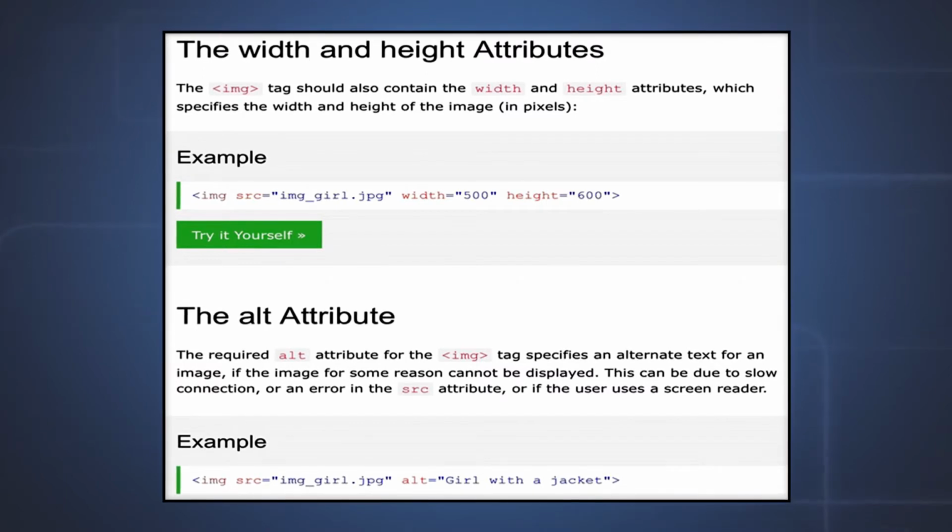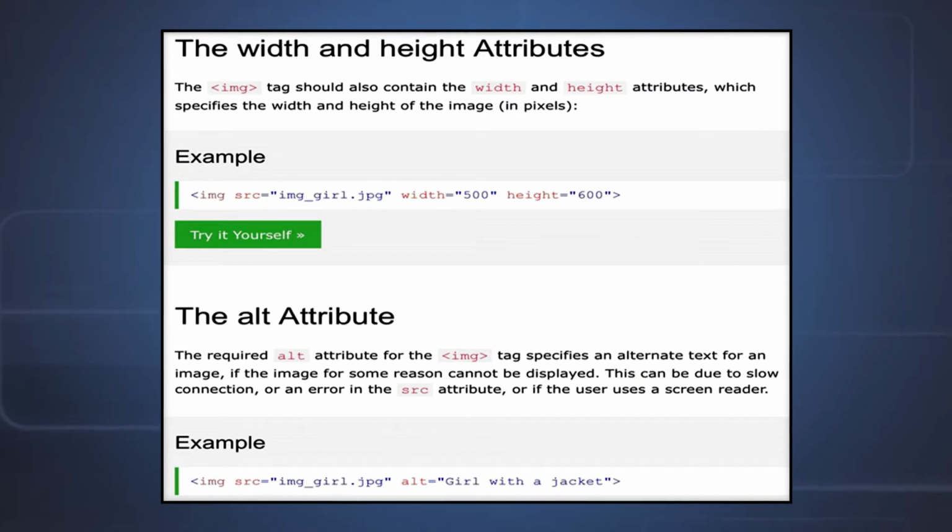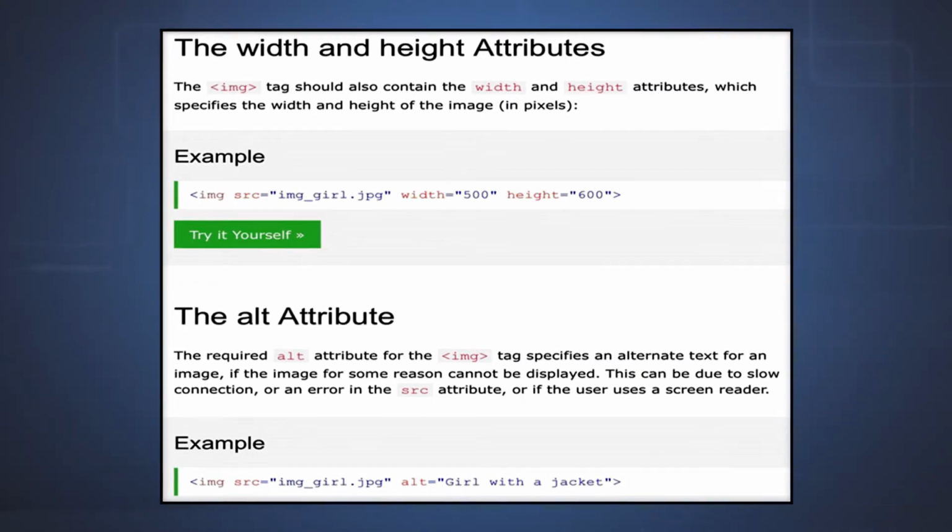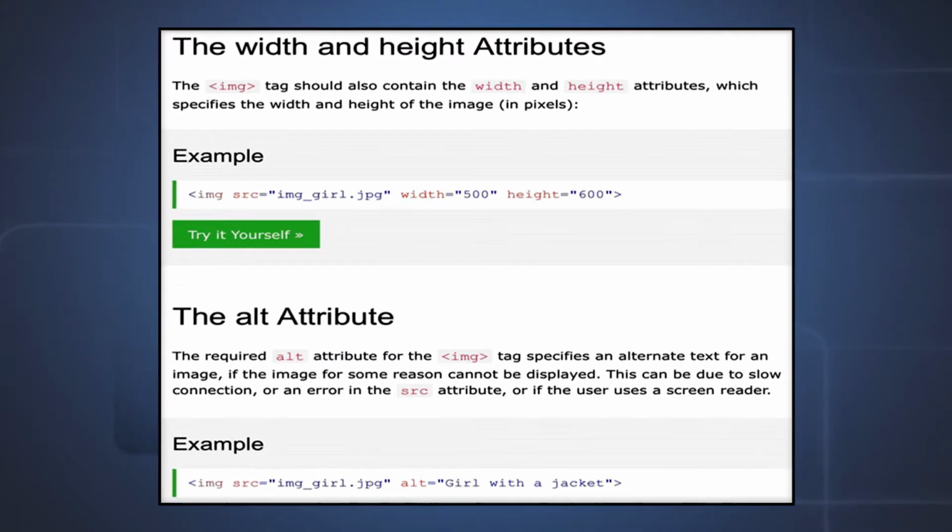For example, img src is equal to the location of the image, then ALT is equal to, within double quotes, "will be back very soon". So suppose that particular image cannot be displayed, then this particular string will be displayed instead of the image. This is what the ALT attribute does. You can treat it as an alternative to the display of the image whenever it is needed.